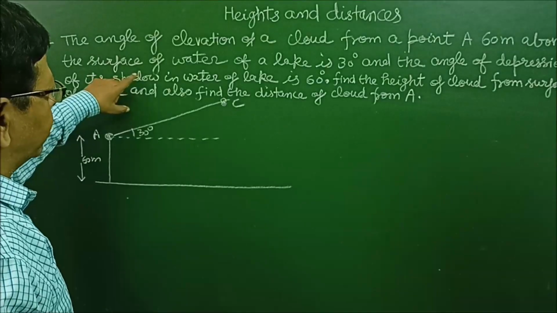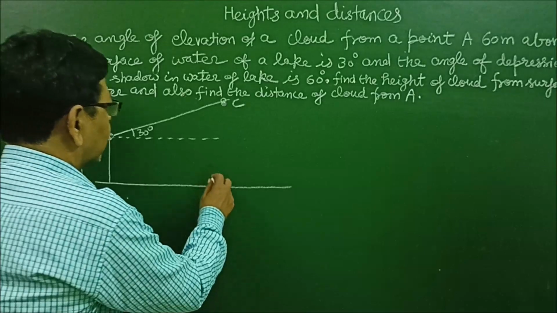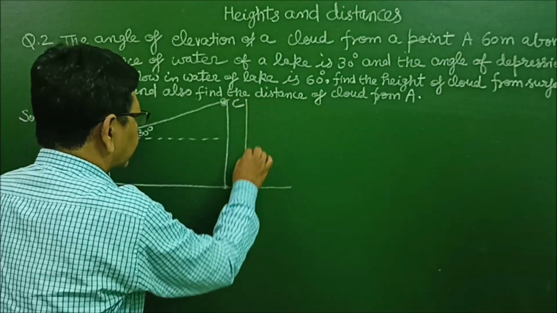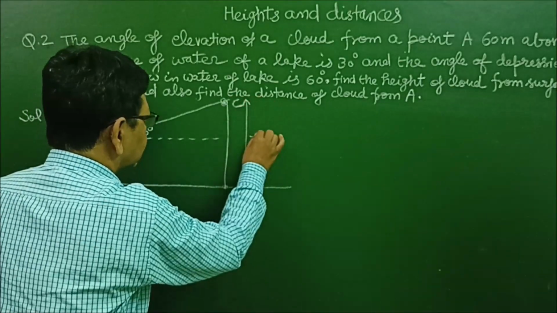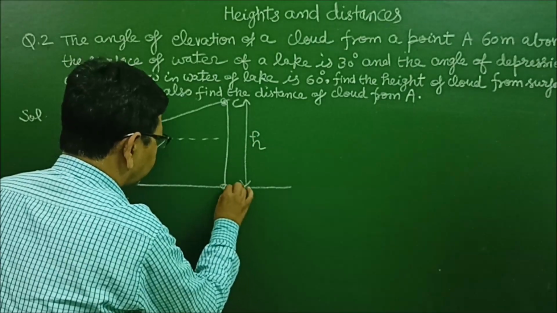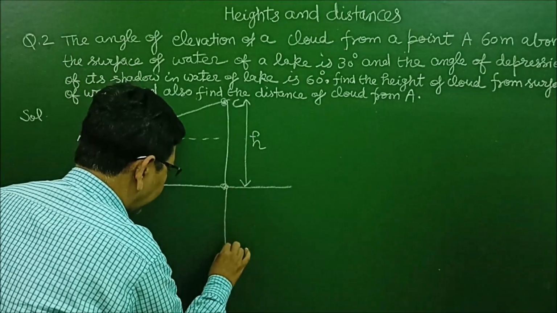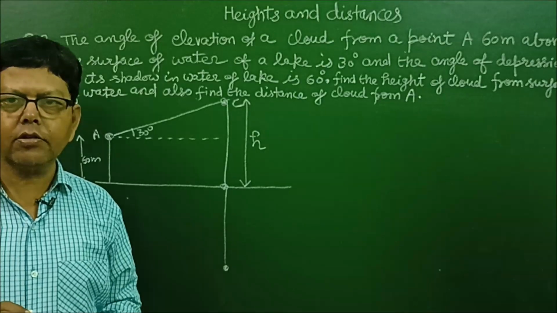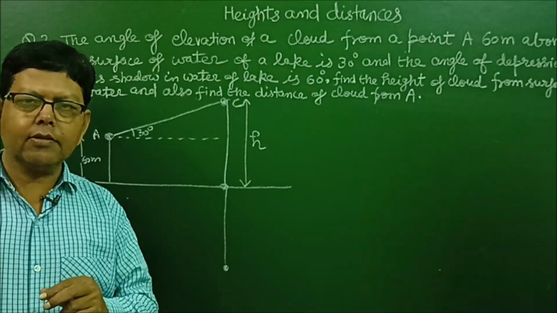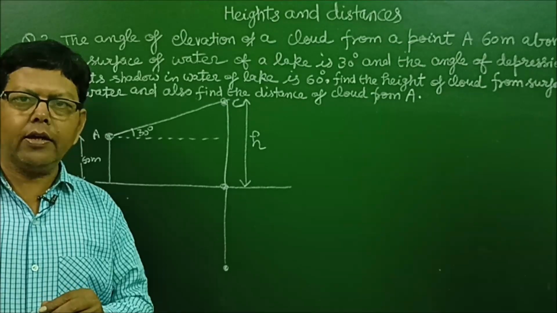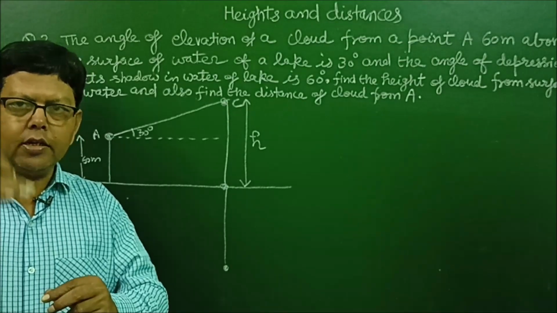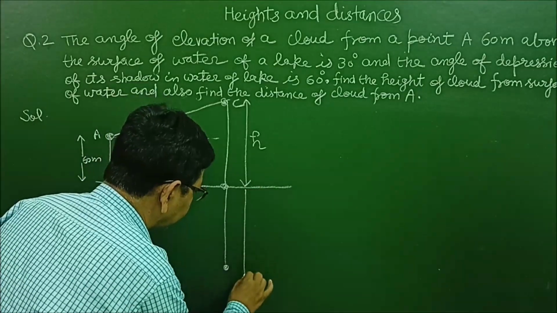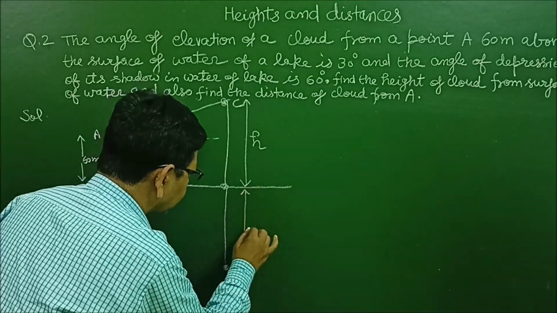And the angle of depression of its image in the water. So if the cloud is at a distance h from the water surface, then its image will be formed at a distance h below the water surface using the laws of reflection. और उसमें जितना डिस्टेंस ऑब्जेक्ट इन फ्रंट होता है किसी सरफेस के, उतना ही डिस्टेंस बिलो इमेज बनेगी. तो अब h डिस्टेंस पे इस क्लाउड का इमेज फॉर्म होगा बिलो द सरफेस ऑफ वाटर